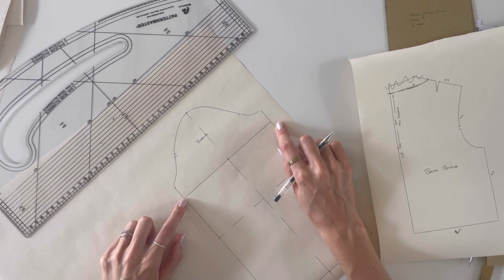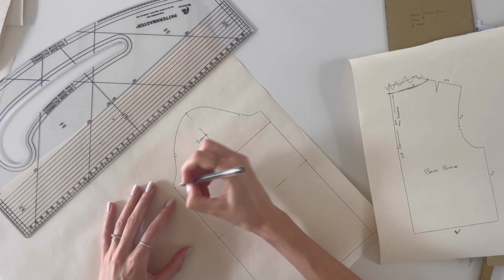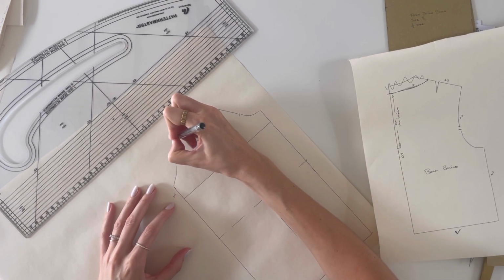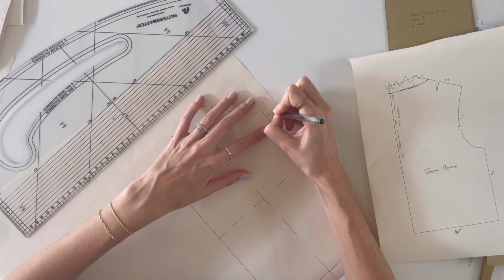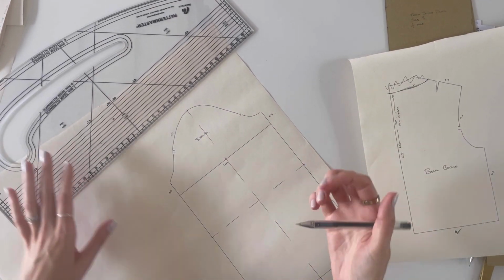So this is going to be a hem here. I'm going to do the exact same thing and make it more of a feature. So 1 centimeter. These are all going to be standard seams. So they're all going to be 0.5. Now what we want to do is literally go around everything and add on our seam and